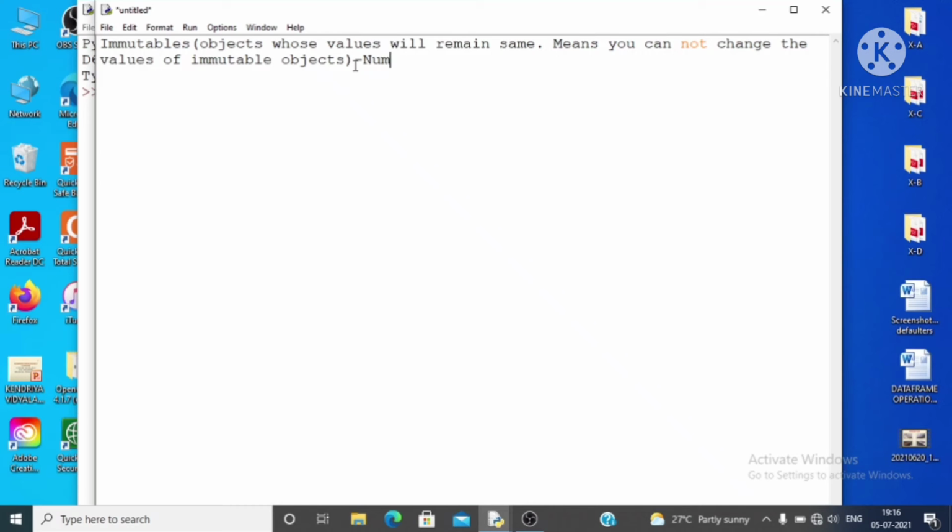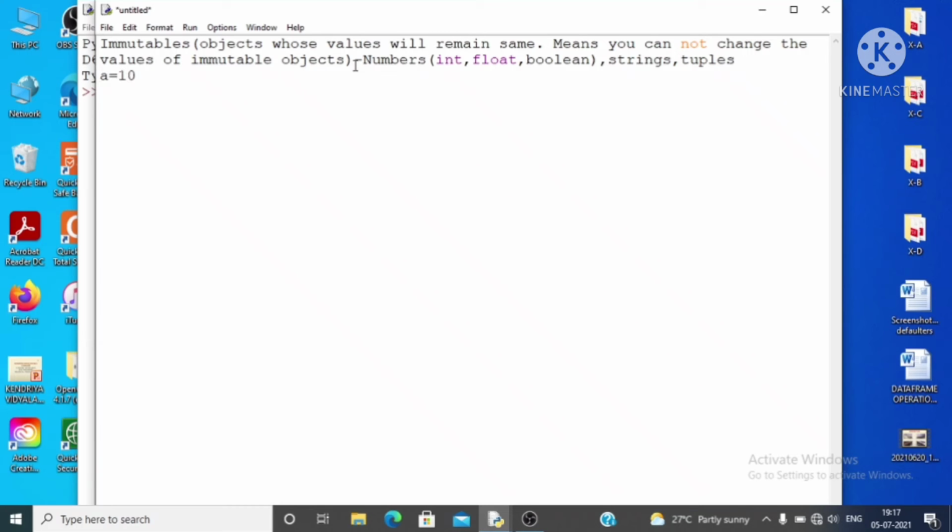Like numbers. In numbers we have integer, float, boolean, then strings and tuples. So let us start first with numbers.